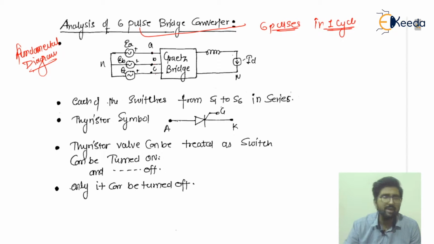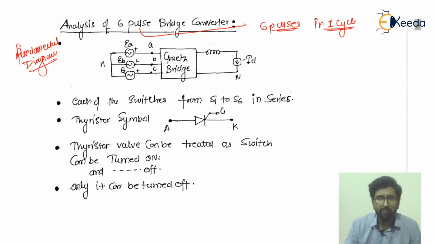These are sinusoidal voltages, and they are separated in time by 120 degrees each. It means if EA is sine omega t, then EB will be sine omega t plus 120 degrees, and EC will be sine omega t plus 240 degrees, or you can say sine omega t minus 120 degrees. This way they are represented here, and they are connected to the A, B and C supply, and here the inductor is connected for compensation.